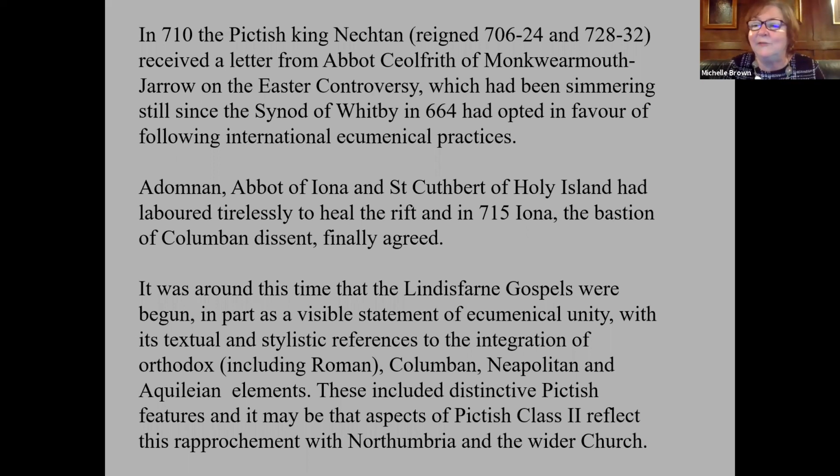Now, this had been simmering not only from the Synod of Whitby in 664, but from the 4th century. It's an ongoing one. Popes have been assassinated as a result of it. It was a big international diplomatic and political source of conflict. And it's normally presented as the debate at Whitby in 664 as Celtic versus Roman. Roman wins because Wilfrid is very eloquent, and the Celts, led by Colman, leave in a strop and go off